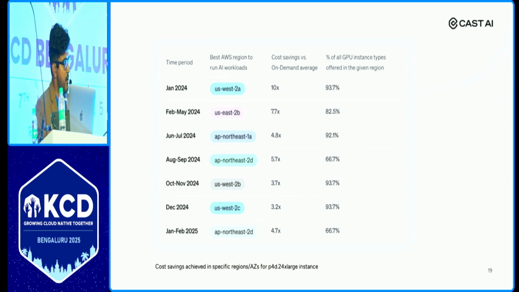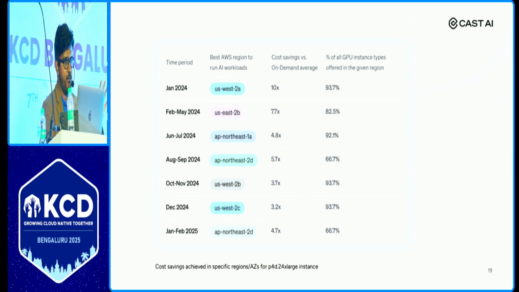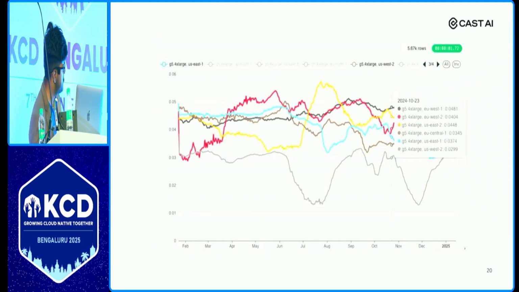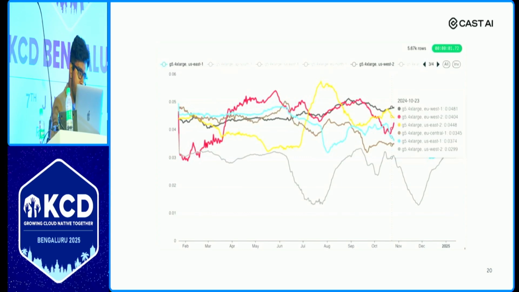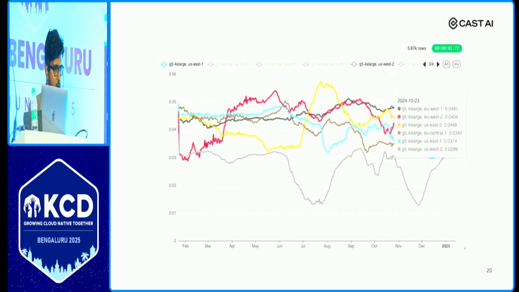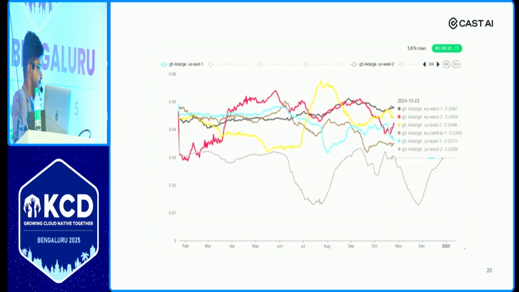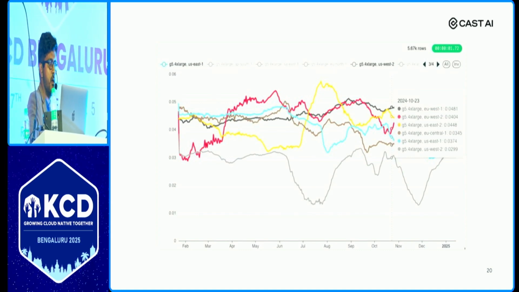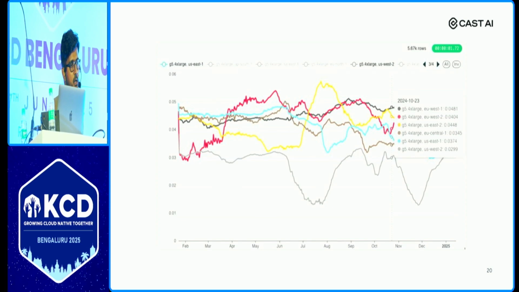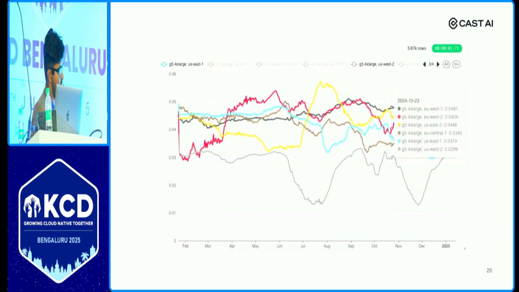And one of our clients actually had $1 million in savings like this, just by having this data. Just imagine how powerful it is to do automation, right? And this is the trend. If you want to see the trend, you can go to the cloud provider and do it by yourself also. There's nothing rocket science here. It's just data and data-backed decisions, and the decisions are taken by the agents who are running and using this data. And the power of automation is like this.